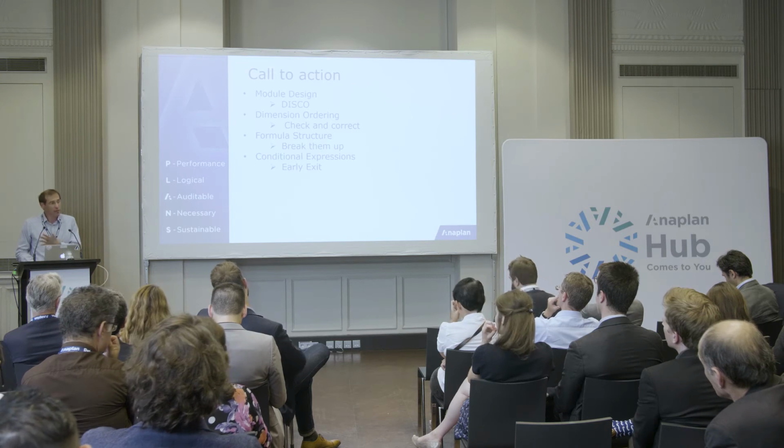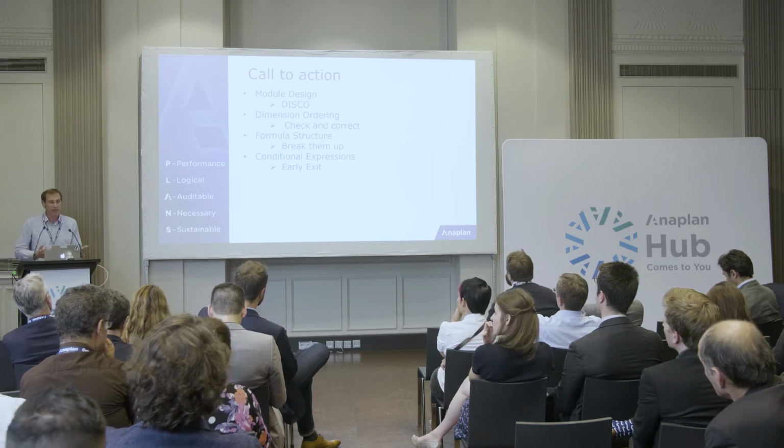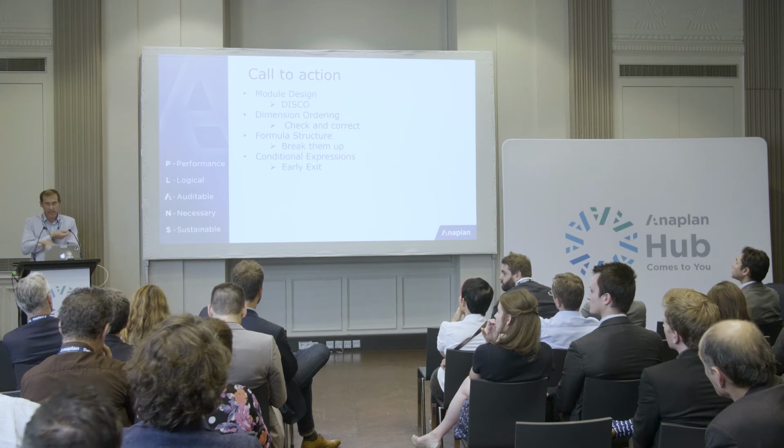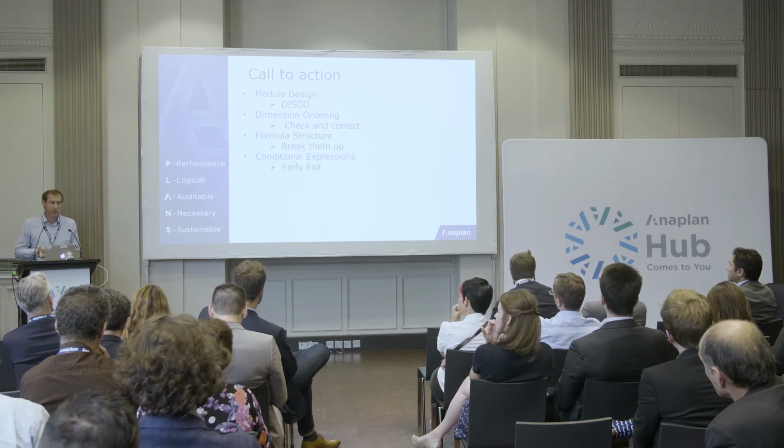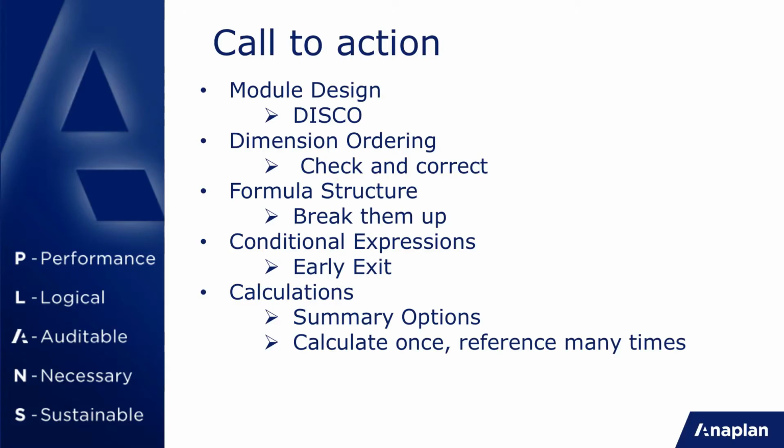Think about how to make it stop calculating when it doesn't need to. So have a think about, look at some of these formulas. Look at the order. Again, it's an easy switch around. And again, it's better to do something like if future periods rather than if not history periods, because that's an extra check it doesn't have to do. Yeah? Thinking about the true condition as opposed to a not condition is faster, just because it's a bit less to check. Again, marginally, but it all helps. And look at these summaries. Have a look at the formulas and particularly look for your detail to detail, and also look at your biggest modules with the biggest hierarchies in.